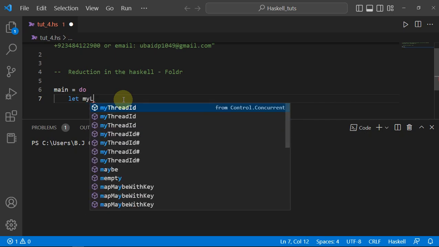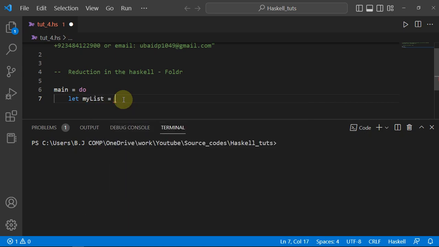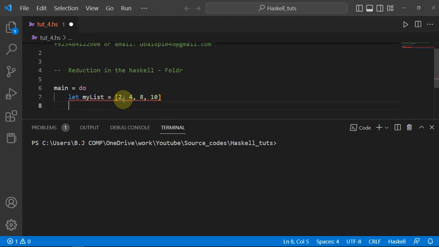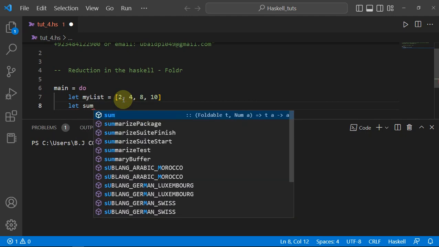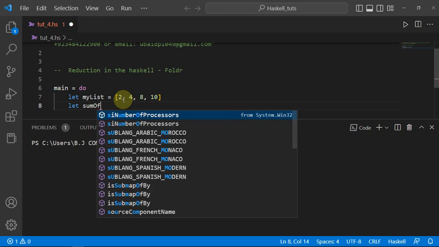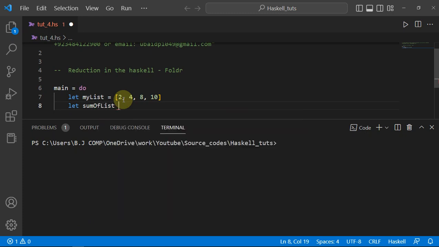I will call it my list, and give it some values: 2, 4, 8, and 10. Then I will create a variable called sum of list,